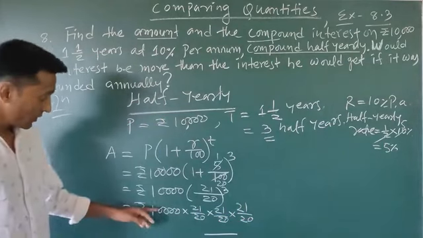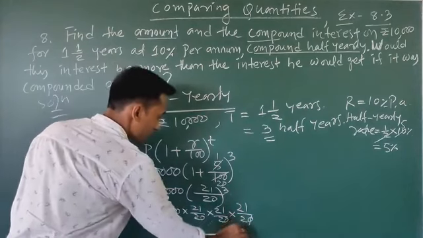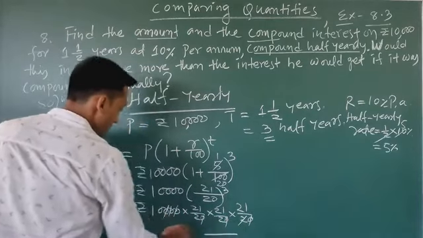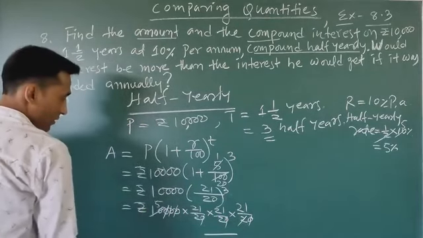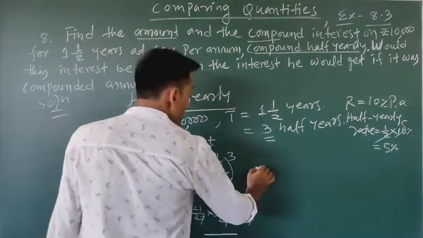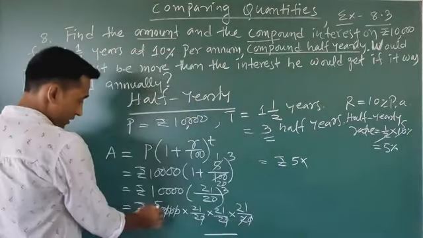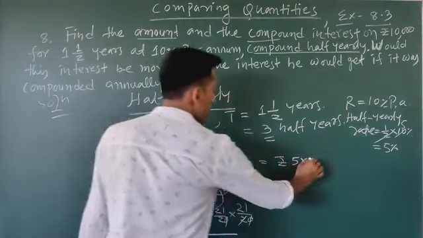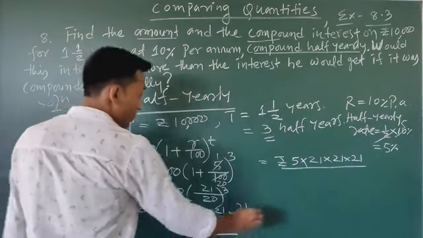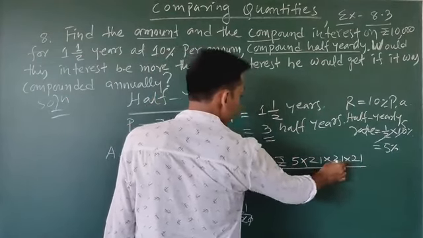Now you see, in numerator we have 10,000, in denominator 20 into 20 into 20. So you cancel the zeros. Now we can cancel. 2 5 is 10. So how much left in the denominator? 2 into 2, 4. So now rupees 5 in numerator, 5 into 21 into 21 into 21. In denominator 2 into 2 is 4. Now you do multiply, 21 into 21 into 21.